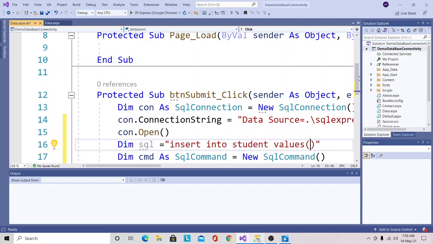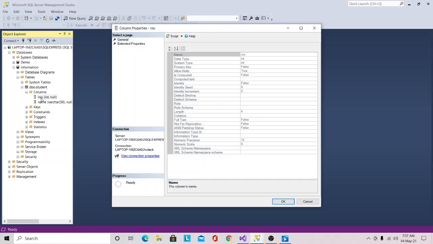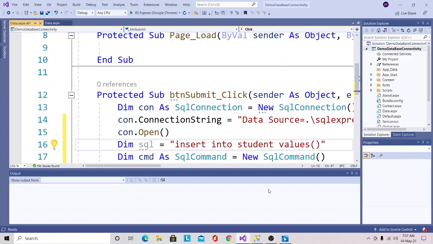If you see the data type of this RollNo column, the data type is integer, and to store the integer into the SQL Server database, here I will mention a double quote plus, and within this I will call the ID of the roll number textbox server control, which is txtRollNo, that I have initially assigned.